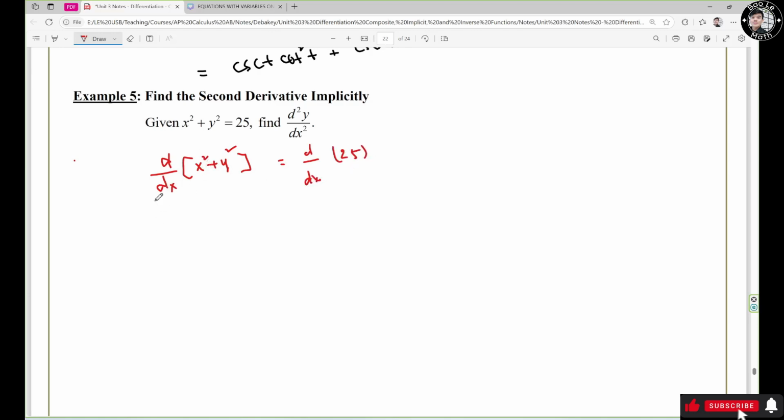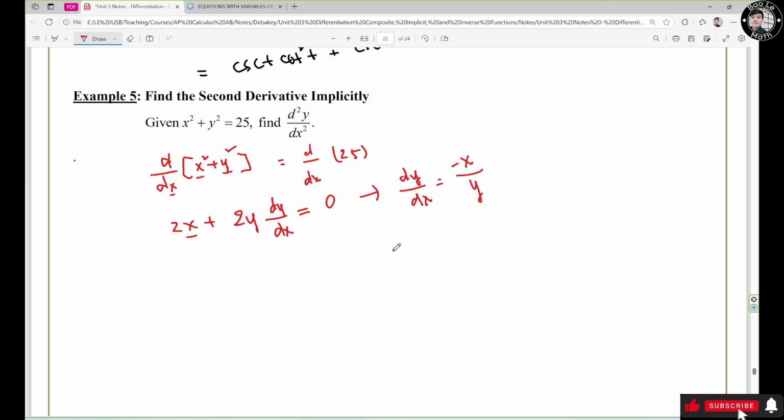Now the derivative of this one, since this guy and this guy agree, we have 2s. Now this guy disagrees, so we have plus 2y, and then don't forget dy over ds. The derivative of 25 equals 0, right? I need to solve for dy over ds, right? So I have dy over ds equals negative 2s divided by 2y, which is going to be negative s over